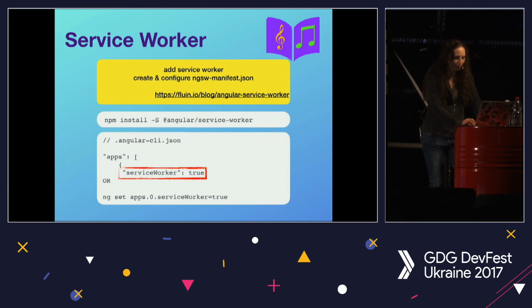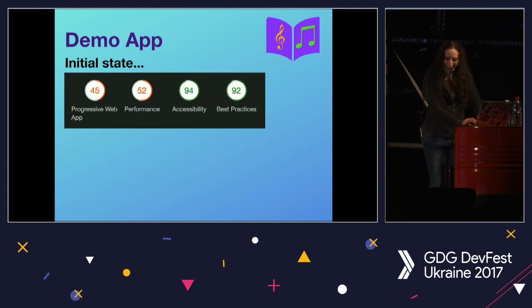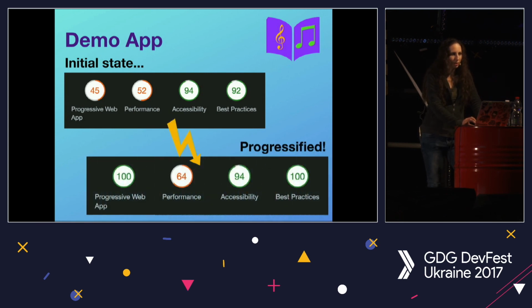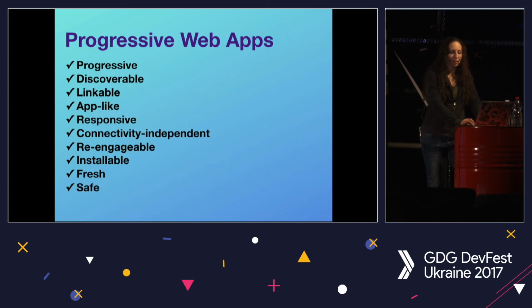So when I tried it before, this was the initial state, and this was the result that I got. Something happened with the performance, but besides that, I have a score of 100 on the progressive web app, 100 on best practices, and accessibility is also pretty good. And we covered a lot of features of the progressive web app,